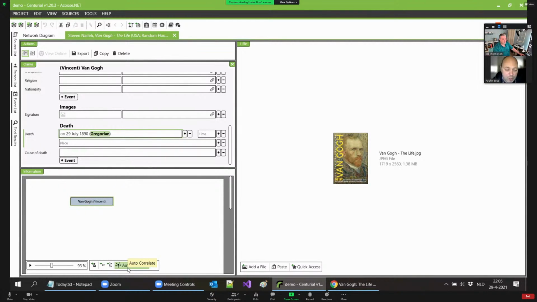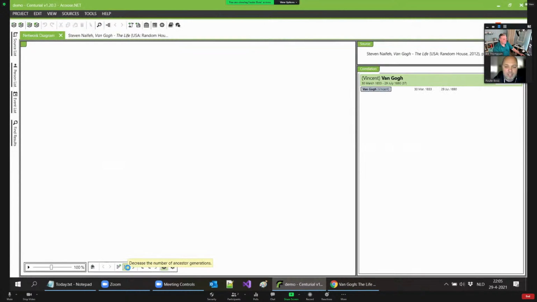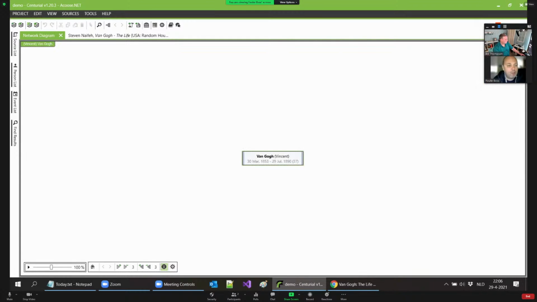which will merge it into the larger tree. Now, of course, we just created a new project, so the large tree is unavailable. So currently there's not much to see here. It will be more interesting later on, so I'll skip it for now and I'll be back here later on. But now all of a sudden we have a little family tree, which says exactly what we just entered, right? We have Vincent van Gogh with his birth and death dates.